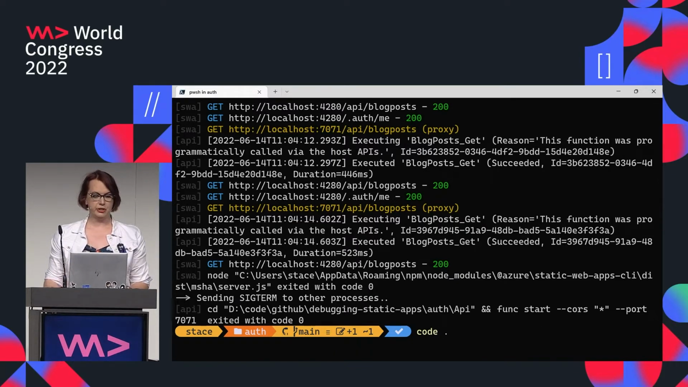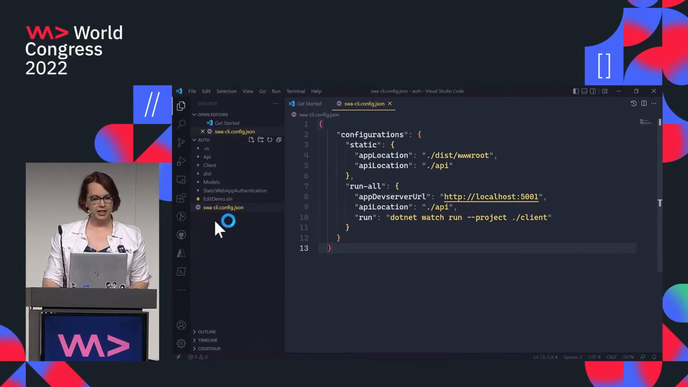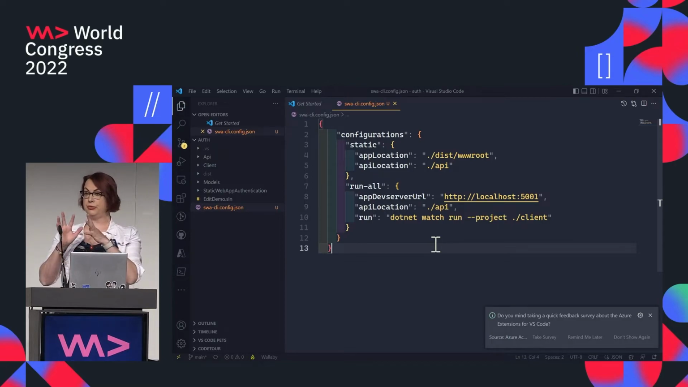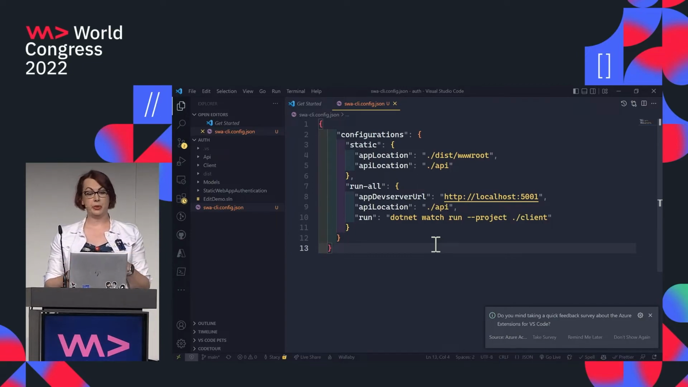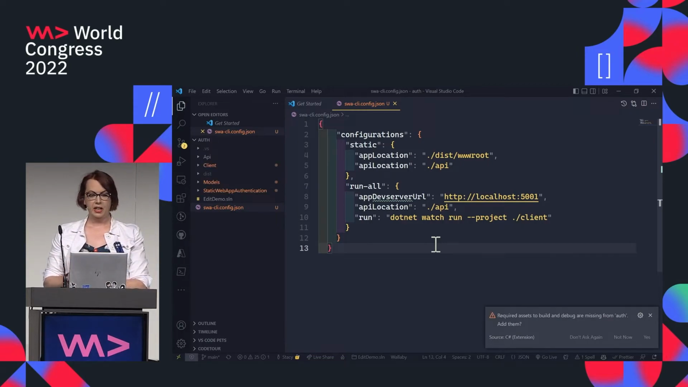So for that, we're just going to start up VS Code. And of course, it's going to start up on the wrong screen. And we have a file here, swa-cli-config.json. And inside here, we've got two different routes, two different ways that users can run the application. The first one is serving static files. So there we say the app location is that distribution folder, and the API location is just that /api. And the second one, we're running that full-blown app dev server URL with that dotnet watch run command started before